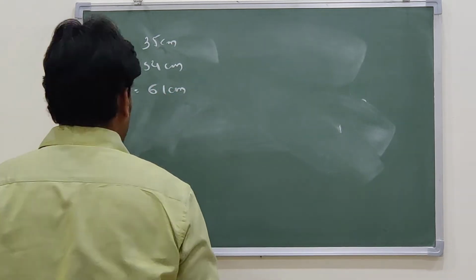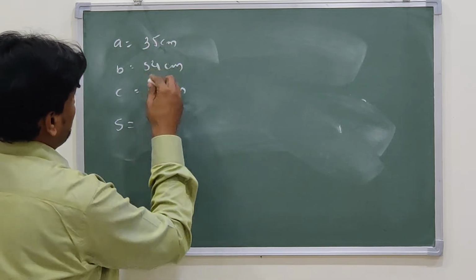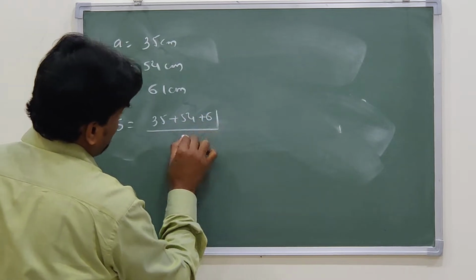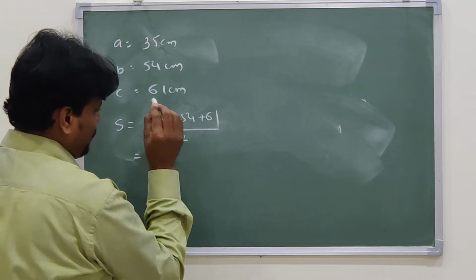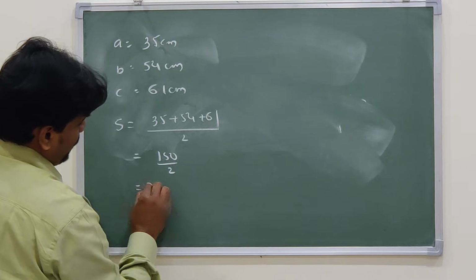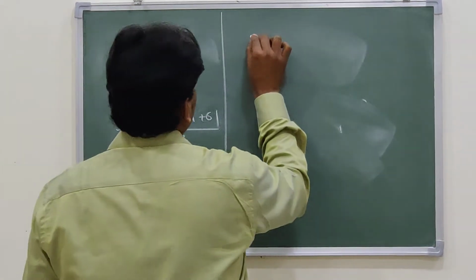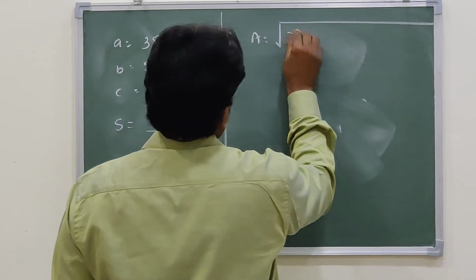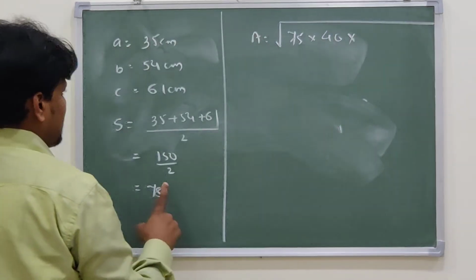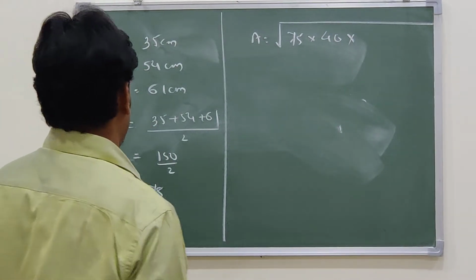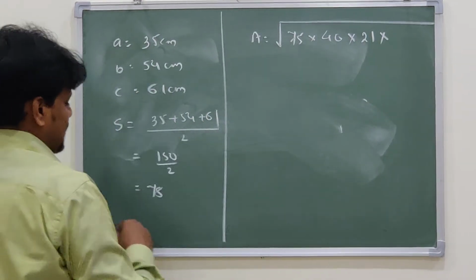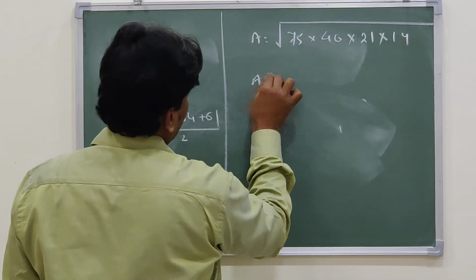Using this, we first calculate the area. So S will be (A plus B plus C) by 2, that is (35 plus 54 plus 61) by 2. So 35 plus 54 will be 89, 89 and 61 is 150, 150 by 2, that will be 75. And then area will be equal to root over of S. S minus A will be 75 minus 35, which is 40. S minus B will be 75 minus 54, that will be 21. I hope I'm fast and right also. And 75 minus 61 will be 14. Area will be equal to